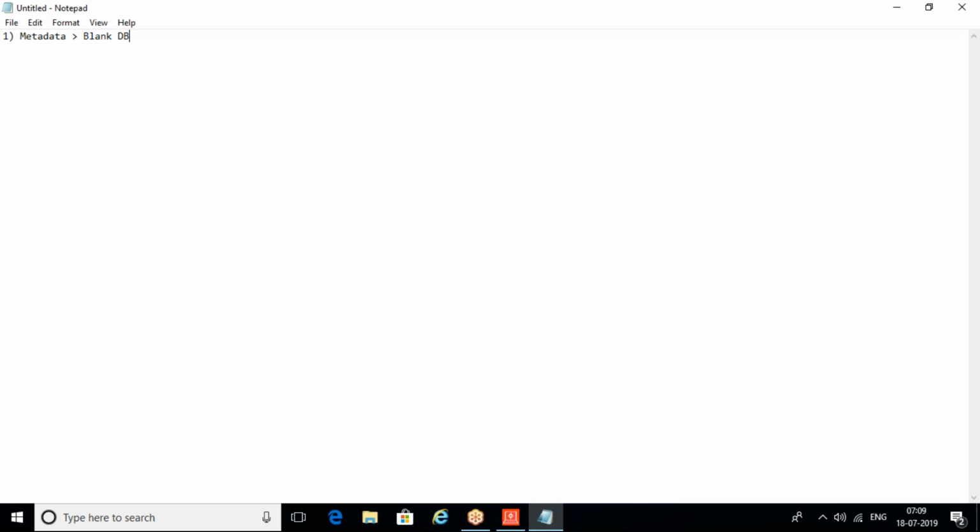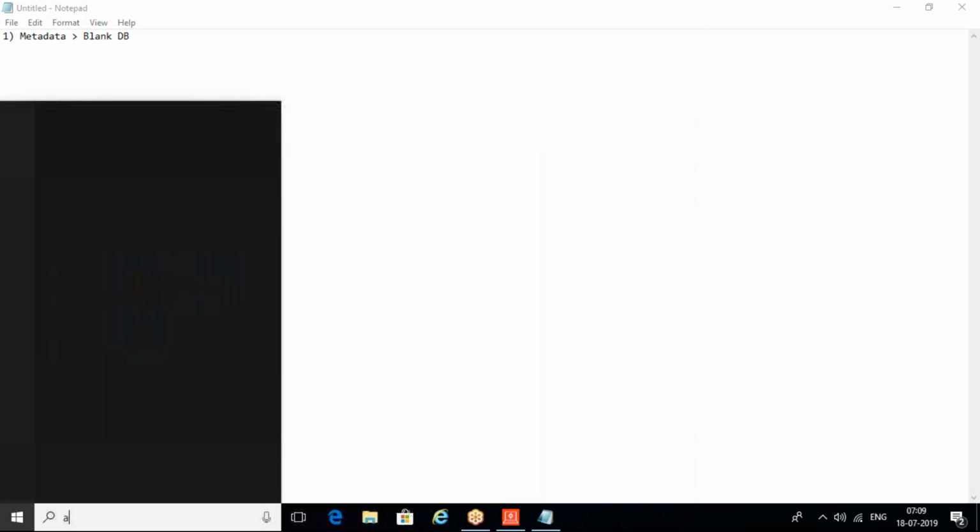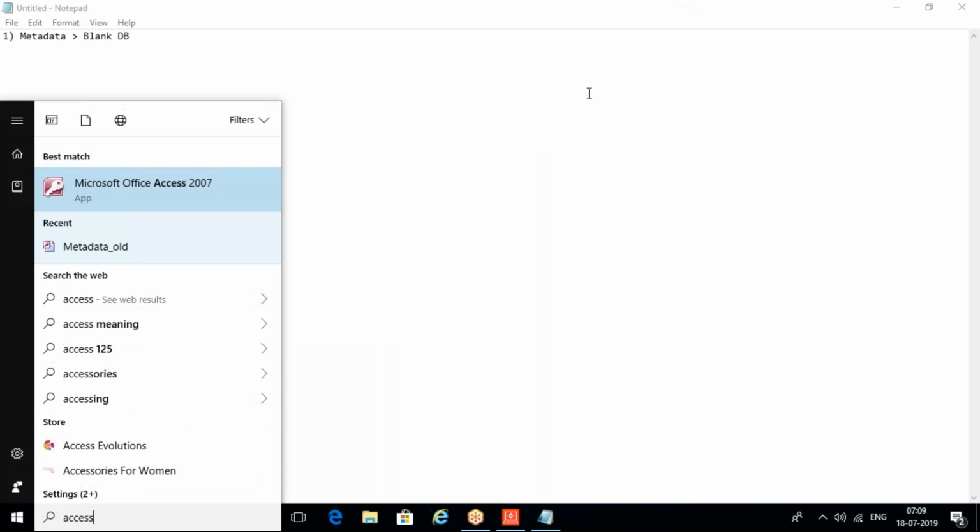In a real-time scenario, it could be anything. It could be Oracle, Teradata, Netezza, SQL Server, anything. So what we're going to do is first create a blank Microsoft Access file, which is going to be like a blank schema in order to configure the metadata. Okay, so let's get started. I will go to Microsoft Access,